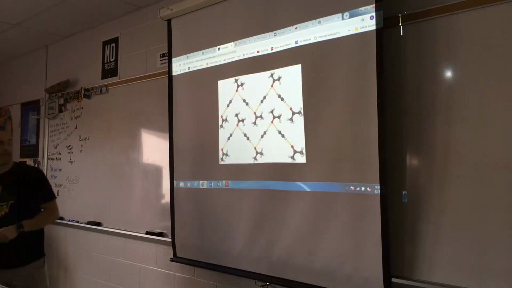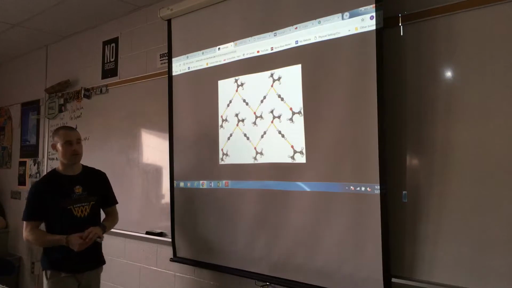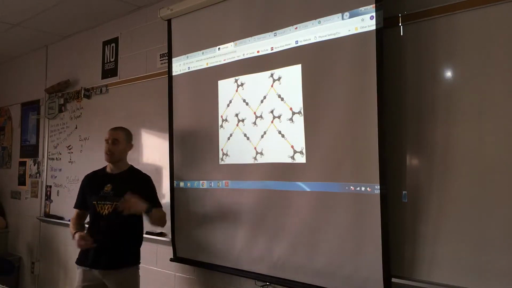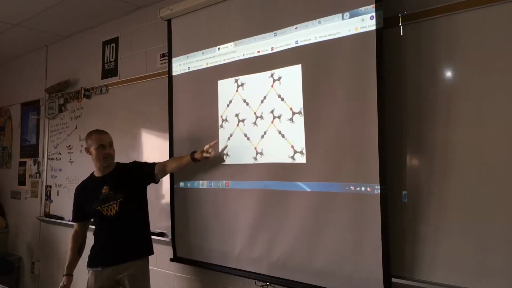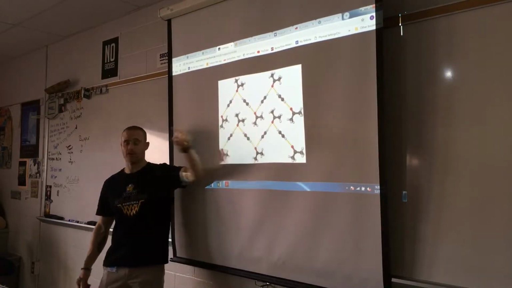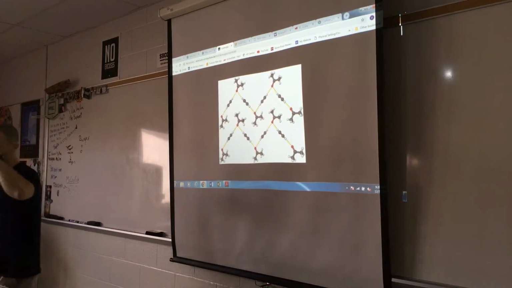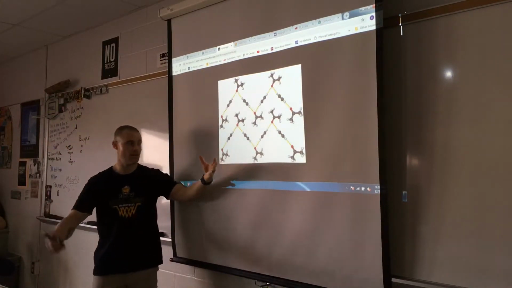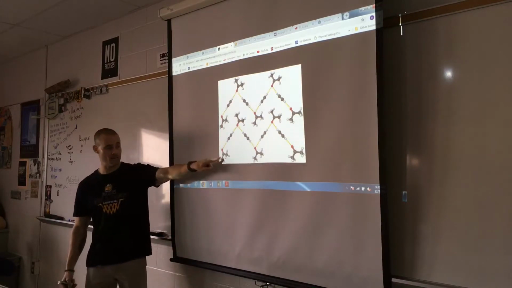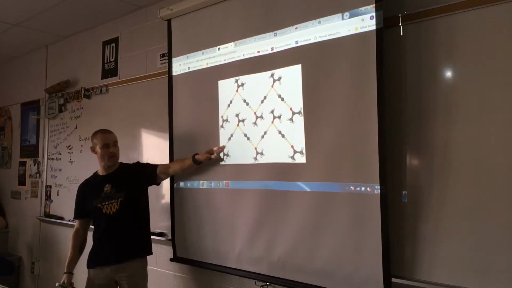Let's see. This is a molecular solid. It's the best image I can give you of a molecular solid. Molecular solid uses weak forces. These dotted lines are weak forces. So in your notes, if you need to write molecular solids, molecular substances, use covalent bonding, but there's weak forces